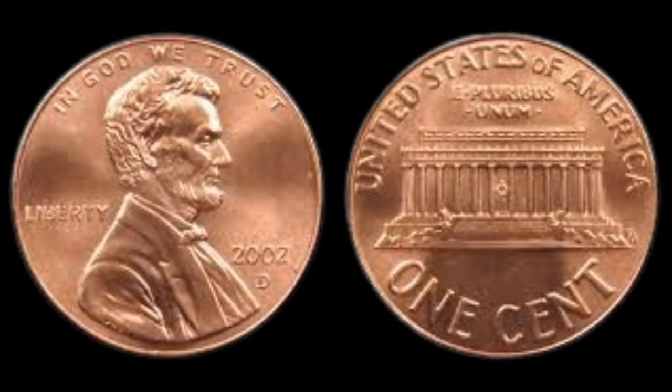Next, 2002 D 1 cent USA coin, a jaw-dropping exploration of one of the most astonishing stories in numismatic history, a tale so incredible, so mind-bending, and so unlikely that it will forever change how you look at coins, because today we're diving deep into the unbelievable truth behind a 2002 D 1 cent coin that